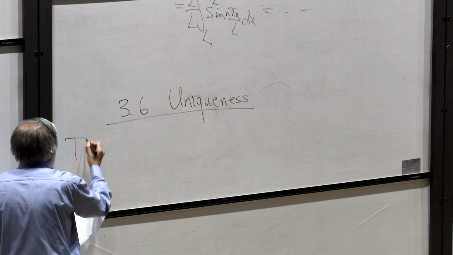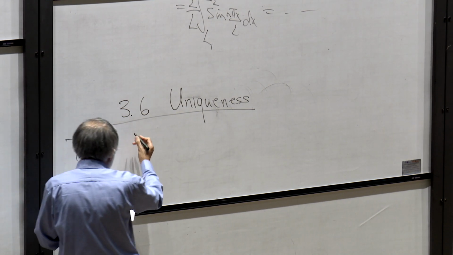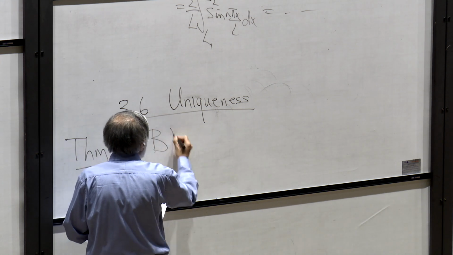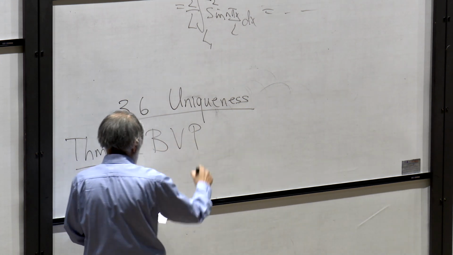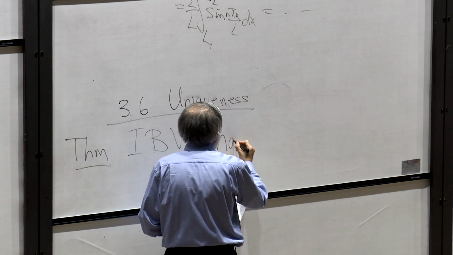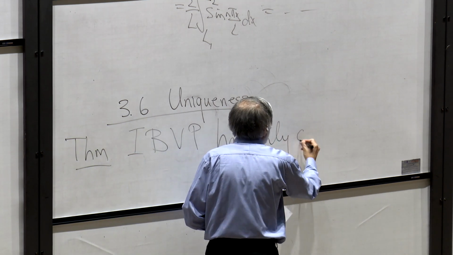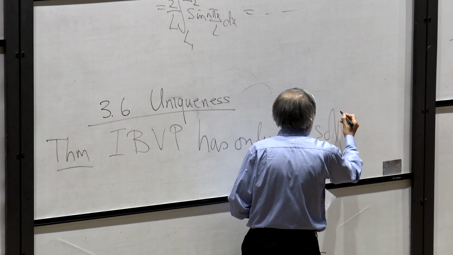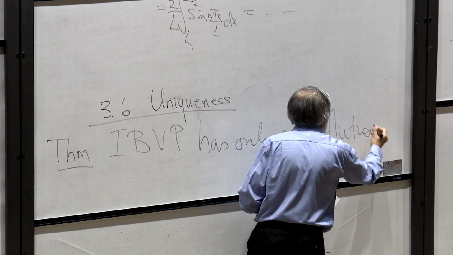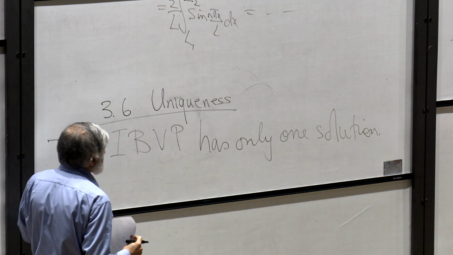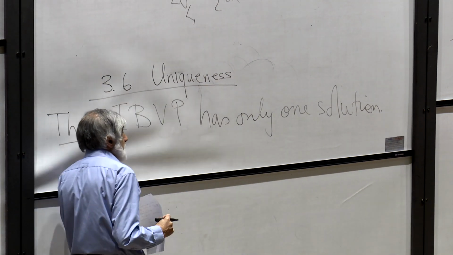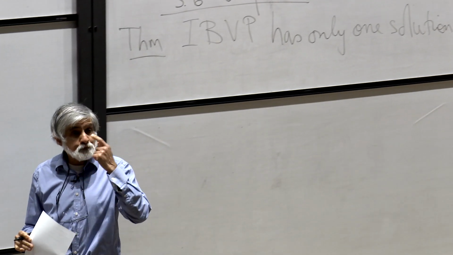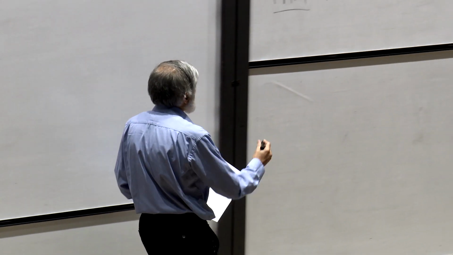And so the theorem is that the initial boundary value problem has only one solution. So the way we do that, typically the way you show uniqueness, is you prove by contradiction. You assume that there are two solutions, and you show that those two solutions must be identically equal to each other. So assume,